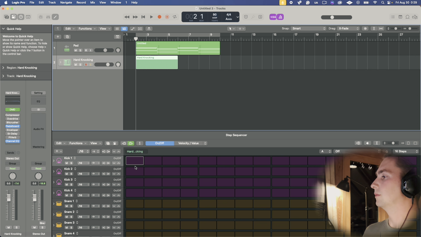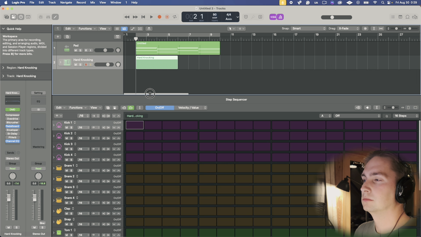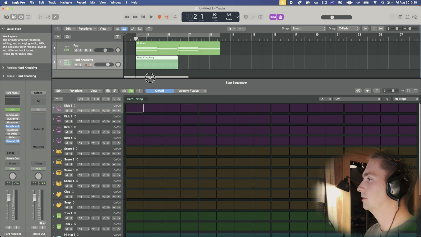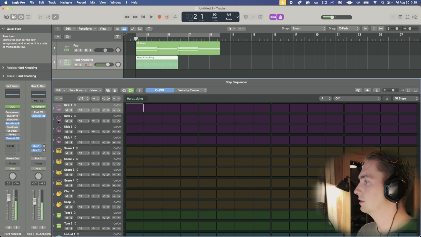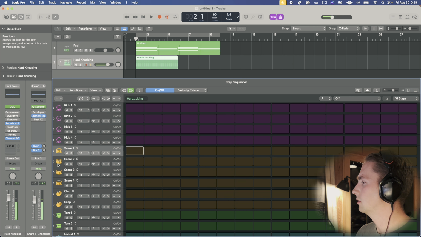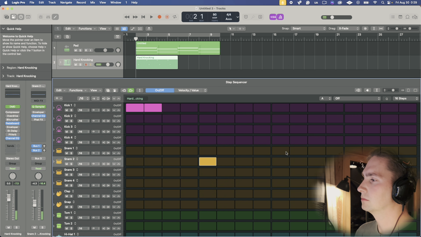There we go. Cool. Okay. So this is fun because now you have all your sounds here. Kick one, snare two. So go ahead and draw this in real quick.